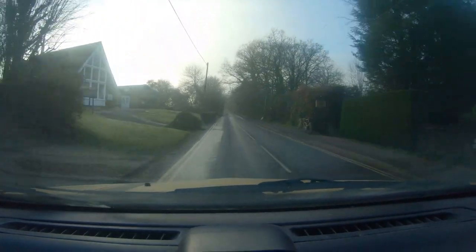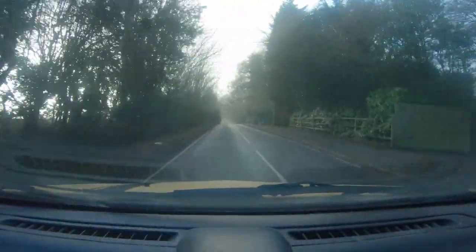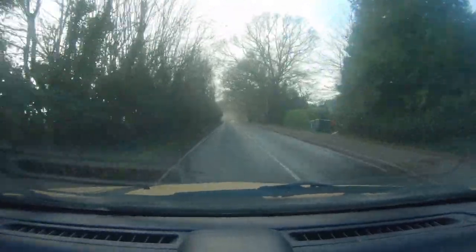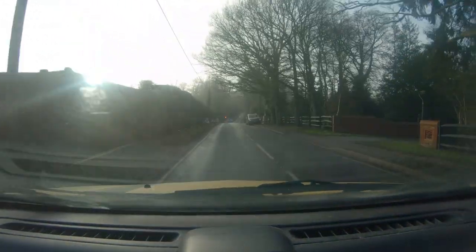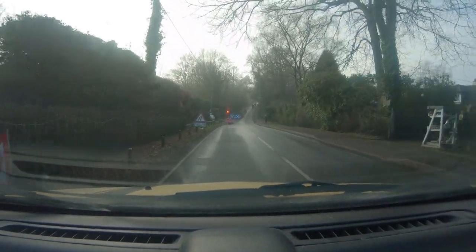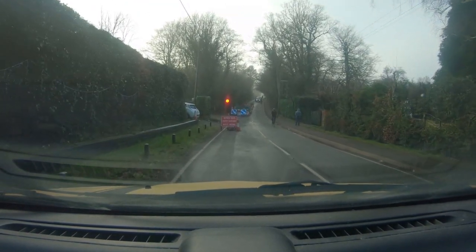But the pandemic in this country at the moment is very, very serious. The hospitals and everybody's trying to cope with it the best they can, but we are in a second national lockdown. But today we're just going to have a nice little drive, you and me, and enjoy some of the beautiful countryside that Box Hill has to offer. Looks like we've got a little bit of a mist up here, but